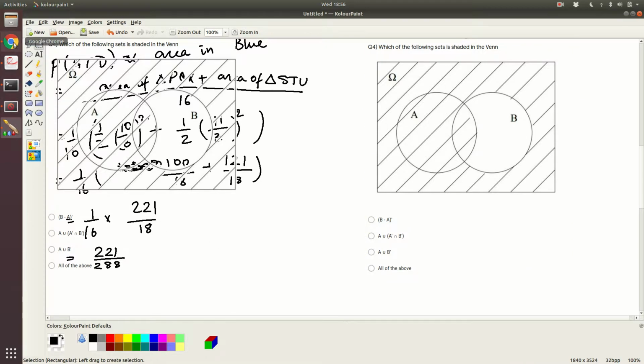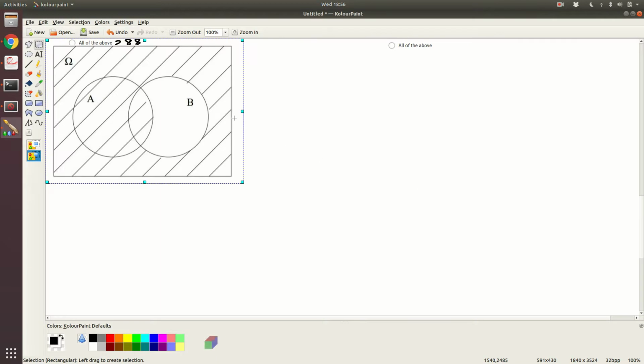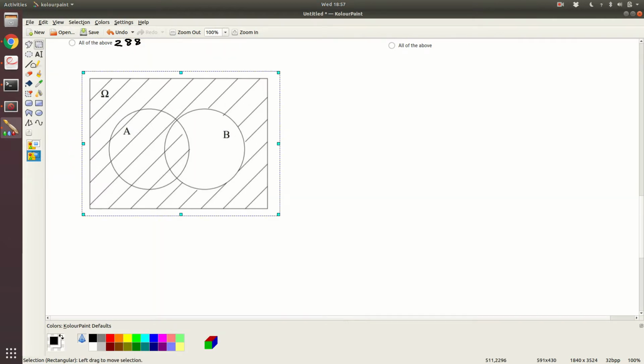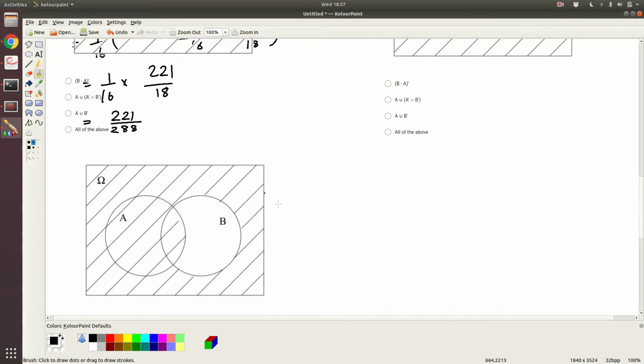Okay, so first thing is P of B minus A. So I will just copy this multiple number of times so that we can see which region we are talking about. So first let's try to see what is the region which is B minus A complement. So B minus A complement. So B minus A is what first we have to see.